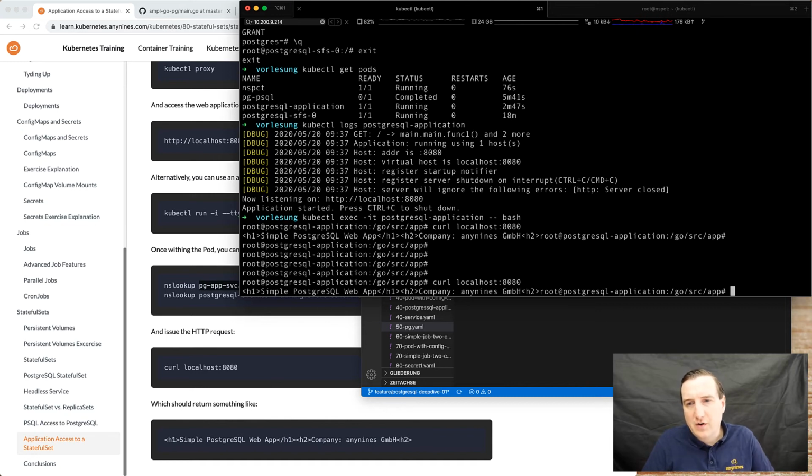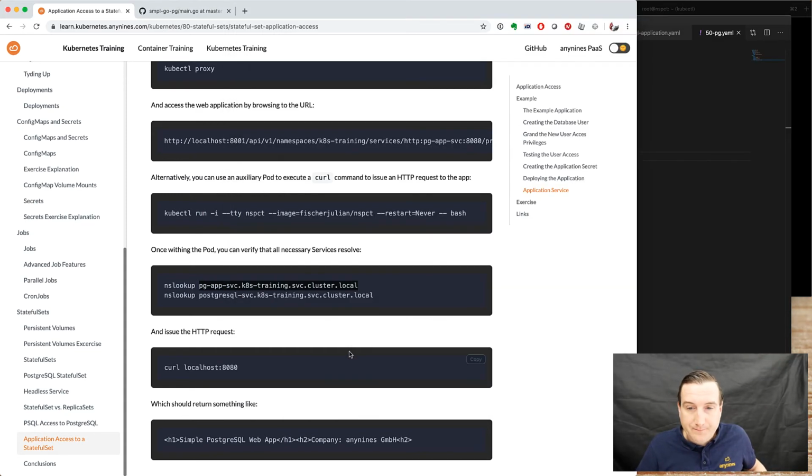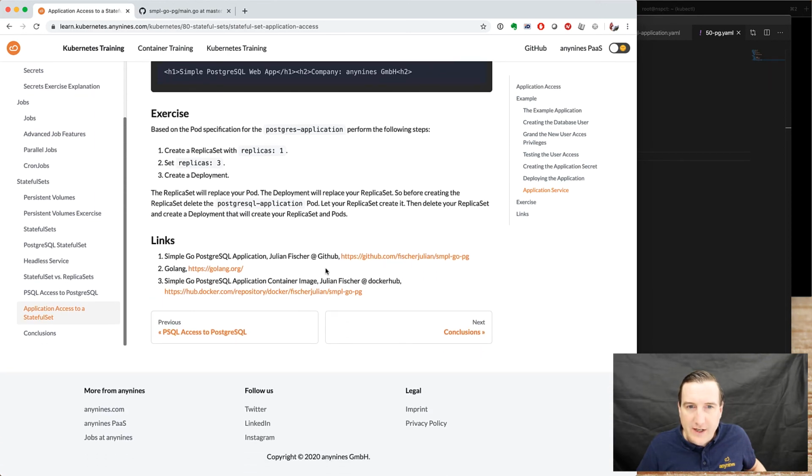All right, so I'm curling directly from within the container, and you can see that the company is Any9, which means that it successfully retrieved the value from the database. So, to wrap it up, because we are running out of time,